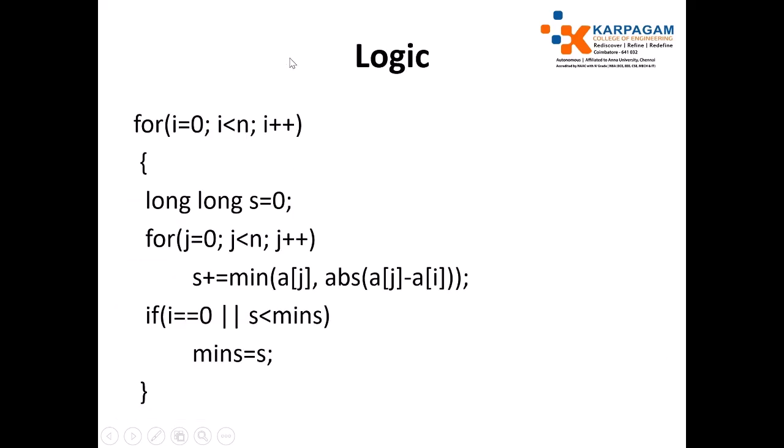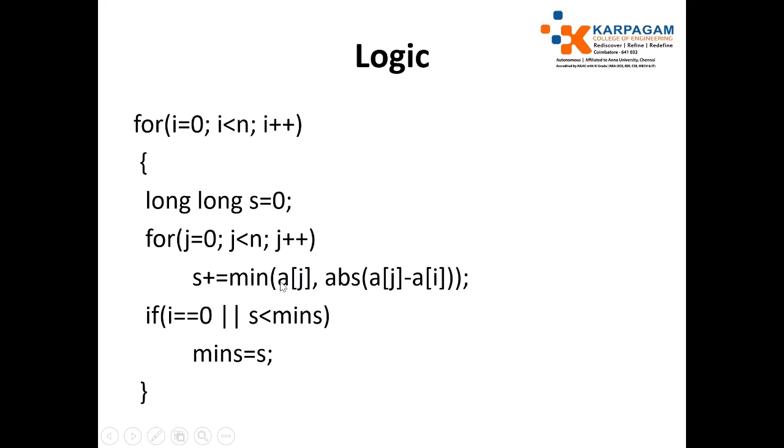Here the logic for this particular problem is to take an element from the array and associate it with the other elements in the array. For example, for the outer loop I am taking the first element and associating it with the other elements. Here consider we have 2, 2, 3. First I take element 2 and go into the inner iteration.